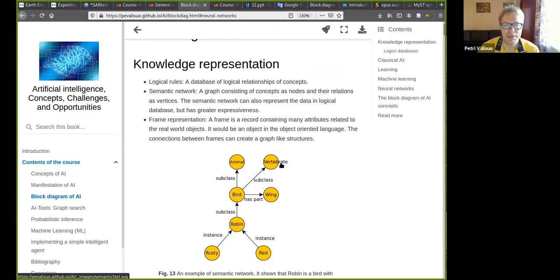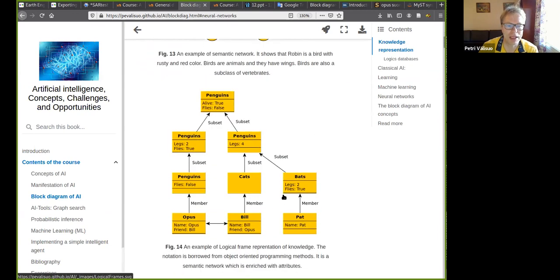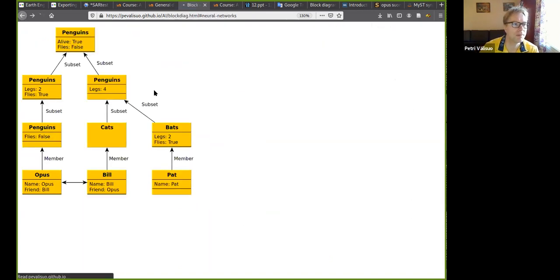And then came these object-oriented programming methods, and they had a certain notation of information as well, and that was shortly being used for representing data as well, and this was called logical frame representation of knowledge. So this is pretty much similar to the semantic network, there are also objects or topics, and